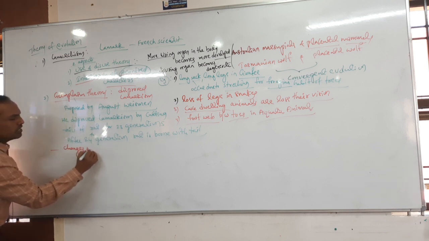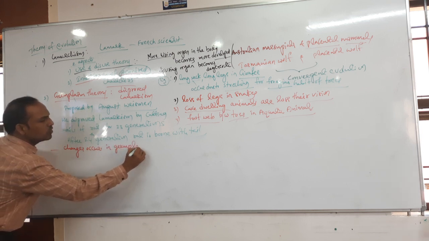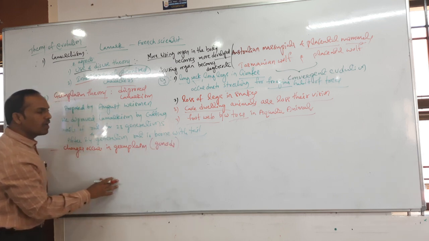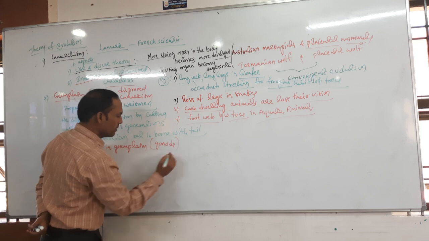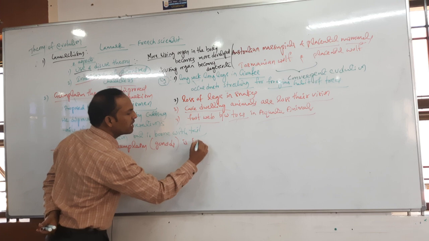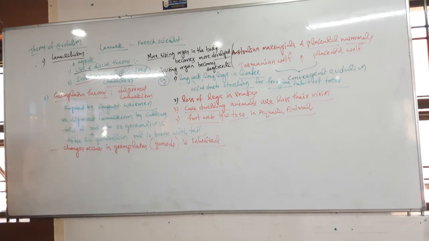changes occur in the germ plasm. Germ plasm, that is called gonads. Changes occur in gonads only. Changes occurring in gonads or germ plasm are inherited. Only if changes come in the germ plasm will they be inherited. Inheritance means transmission happens; otherwise transmission does not happen, he has completely explained. Okay, so according to the germ plasm theory, each